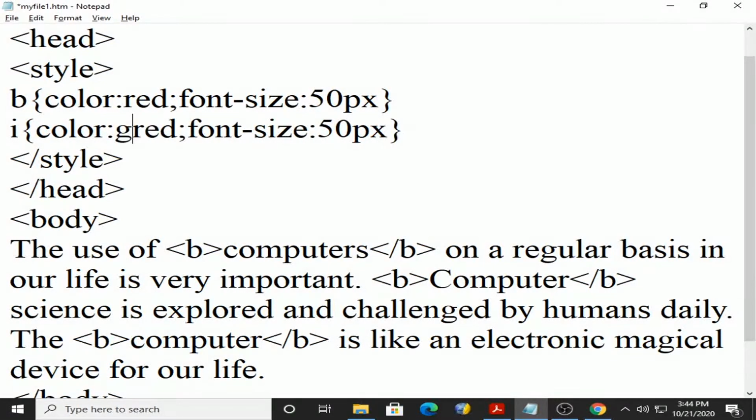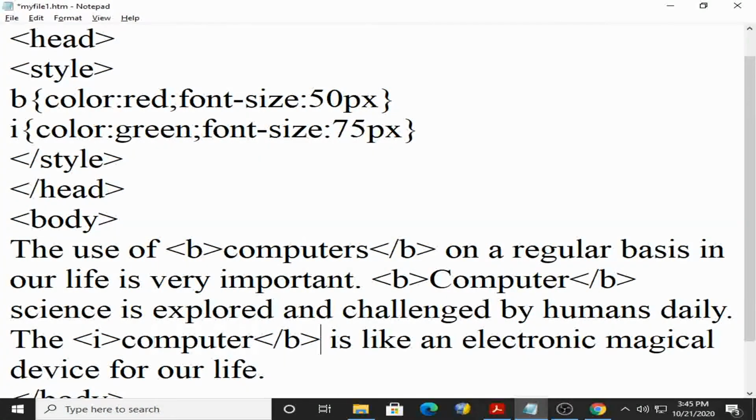Color green, font size 75 pixel, and I put over here the I tag, I and slash I. Now here what happened?